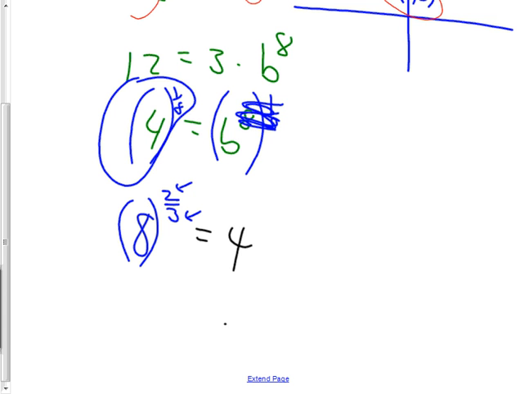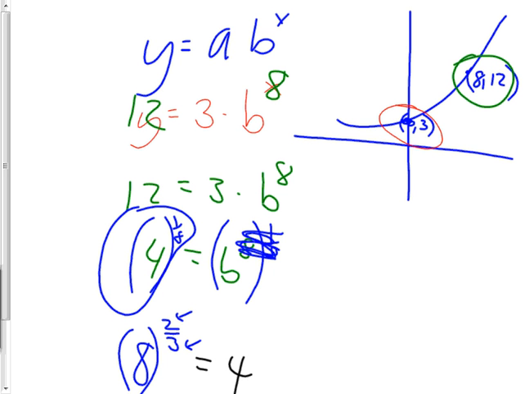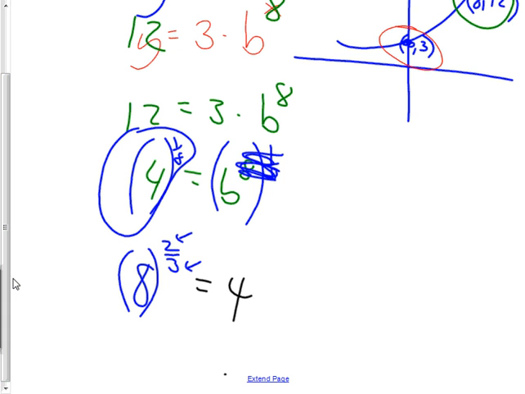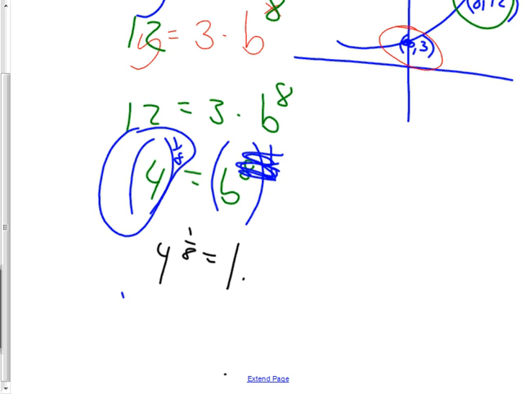Okay, let's move on to a different. Oh, wait. I just figured out what b was. I got to back up. So now I'm not done. I thought for a second I was done there. But I figured out that b was 4 to the 1/8 power. Now, how do I finish the job? The job requires you to write out y equals ab to the x, except we now know a. A is 3. And we now know b. b is 4 to the 1/8